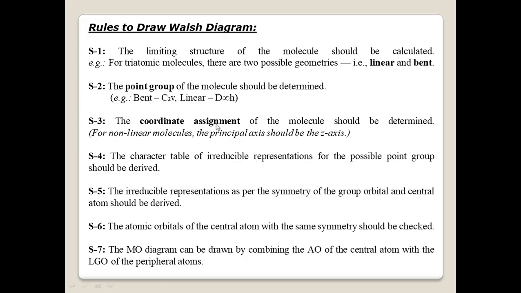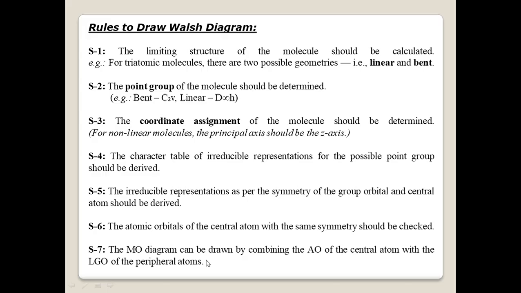Then rule number 3. The coordinate assignment of the molecule should be determined. For non-linear molecules, the principal axis should be Z-axis. Then rule number 4. The character table of irreducible representations of the possible point group should be derived. Rule number 5. The irreducible representations as per the symmetry of the group orbital and central atom should be derived. Rule number 6. The atomic orbitals of central atom with same symmetry should be same. Rule number 7. The MO diagram can be drawn by combining the AO of the central atom with the LGO